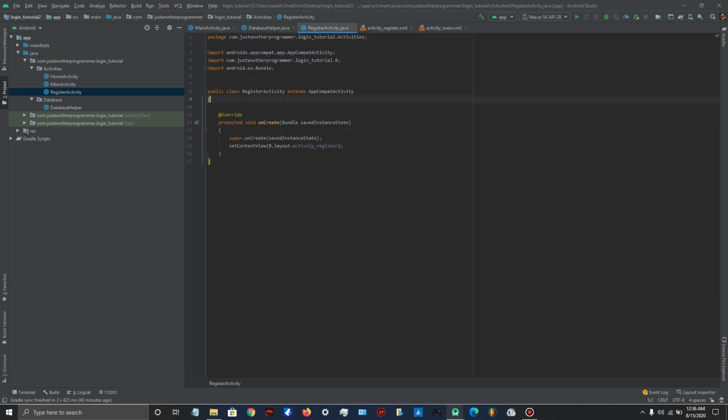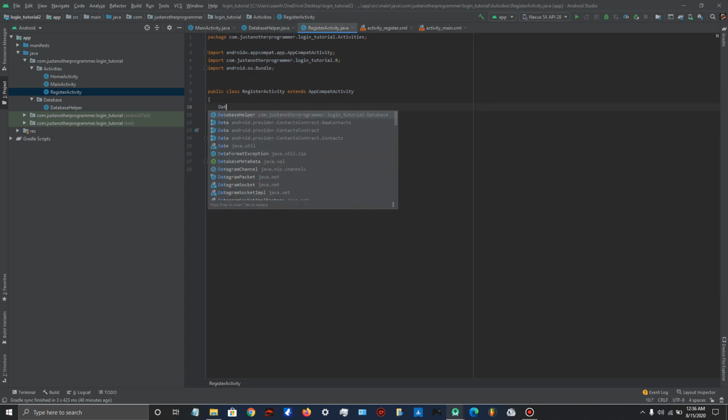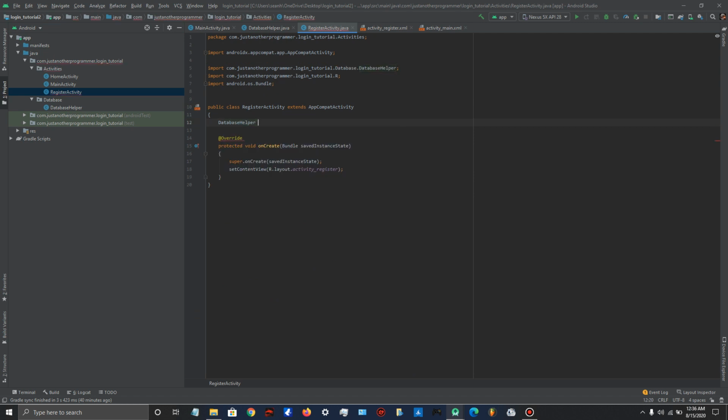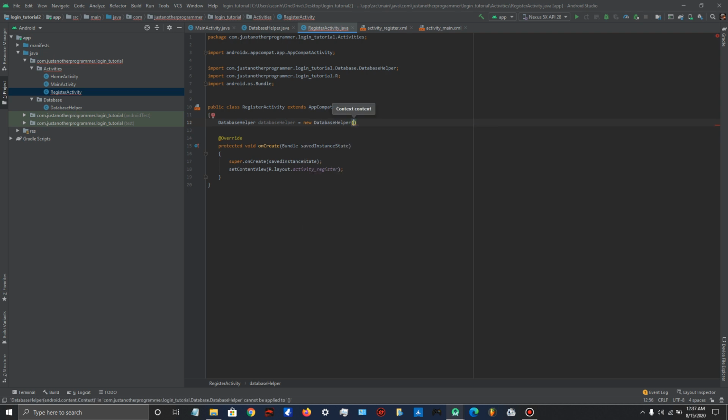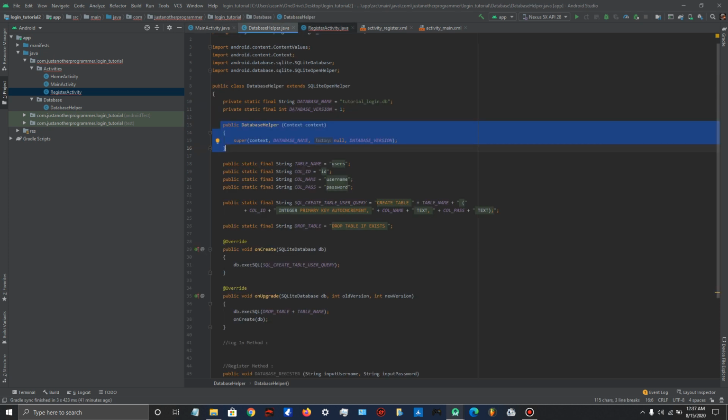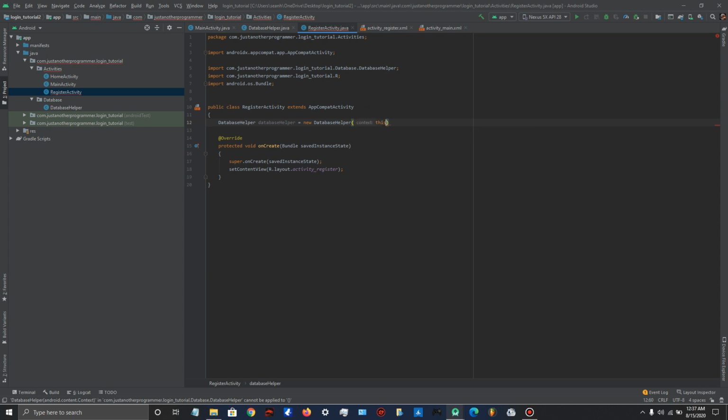We would have to call it here and say database helper, and we would just say database helper equals new database helper with the context of, see, it's asking for the context because here we've assigned a context, so we're going to say this should be our context, meaning this file here. Okay,